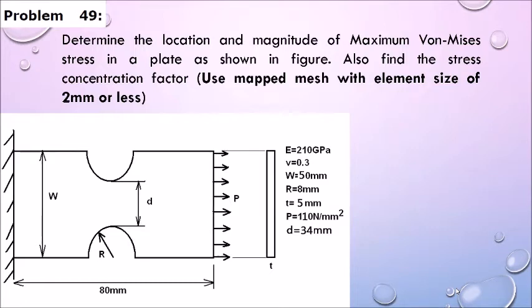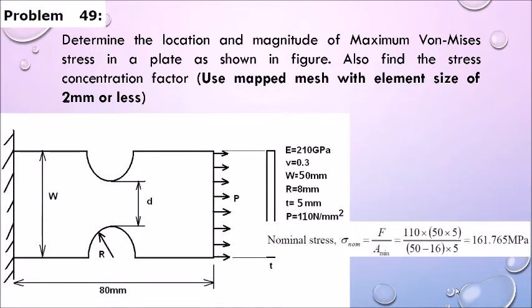And you can see the problem sketch. There is a reflective symmetry, so you need to model only the top half or bottom half, or you can model the full plate. Since the element size is very small, it is better to model only half of the problem so that you can save the memory required, and the time required will also be less.